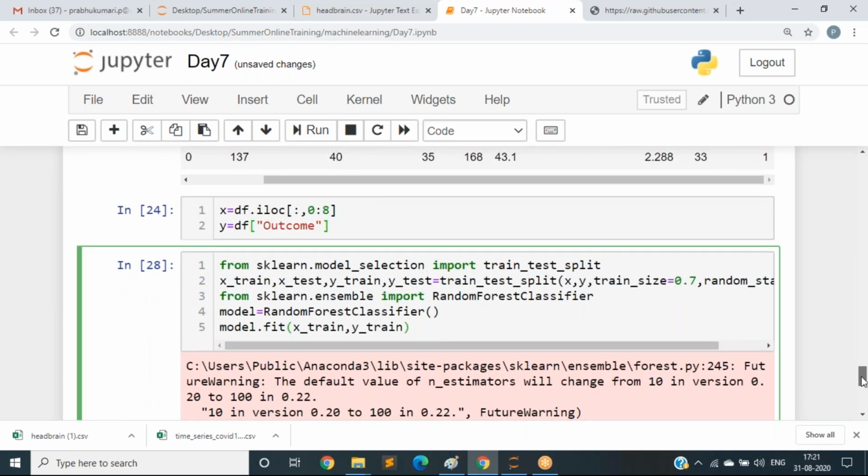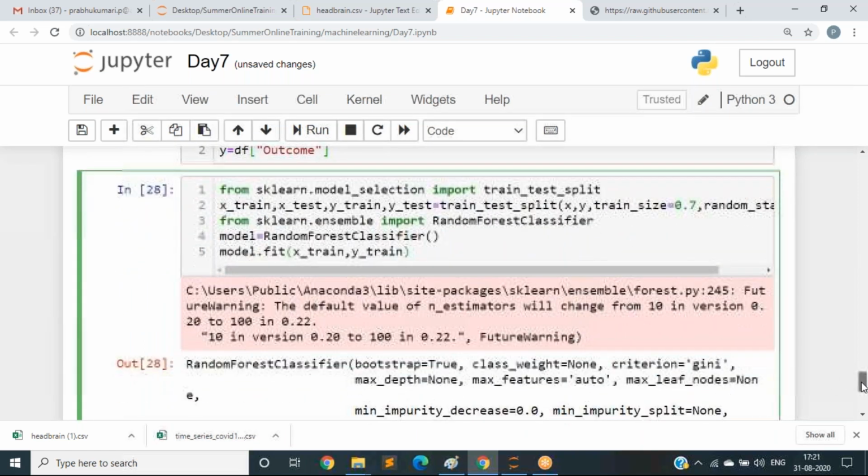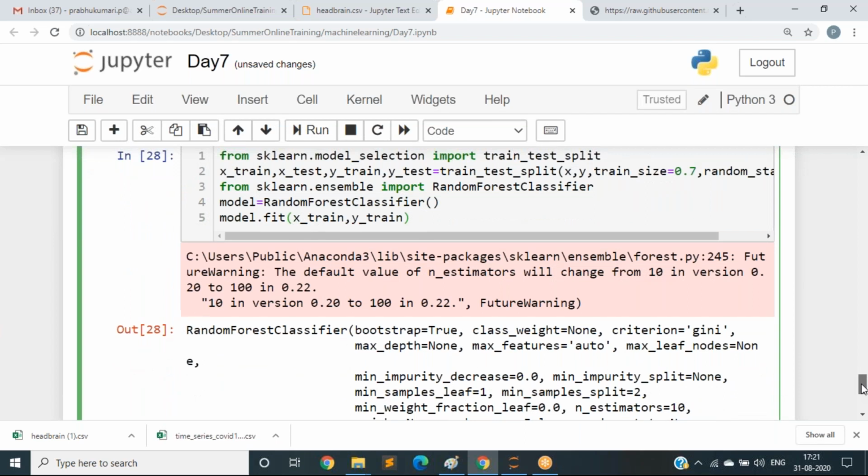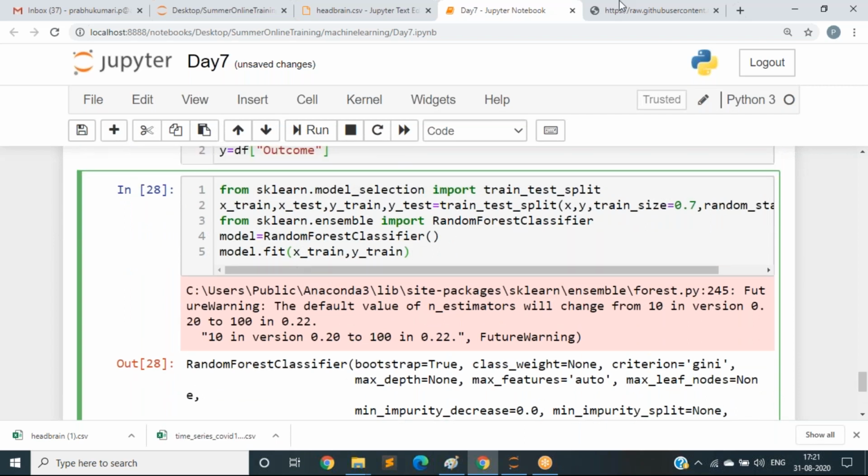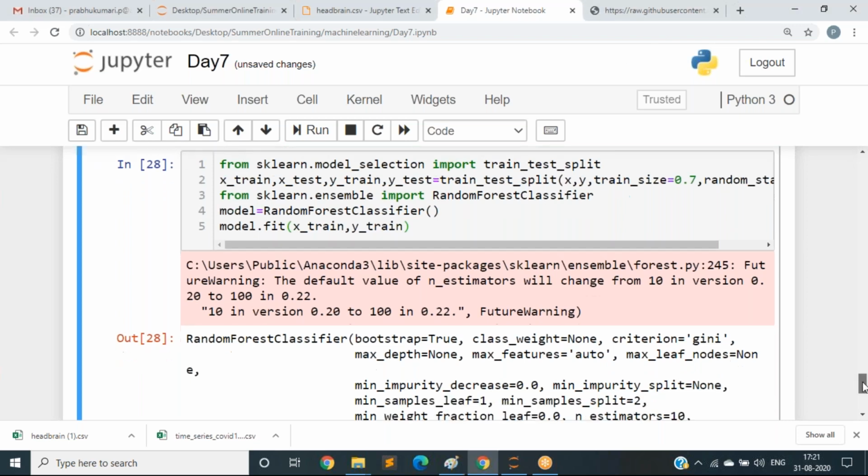See, it is fitting the model with the train data, nothing but the trained values. Okay, let us see the score now.